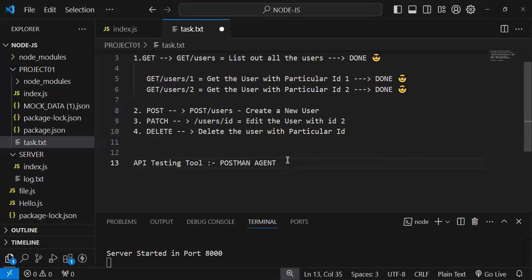So the alternative to Postman Agent, usually in Visual Studio there is an extension called Thunder Client. It's a VS Code extension. VS Code extension Thunder Client, an API testing tool. So in the third party application, help is needed, right? To do all these tasks, post, patch, but as of now we are not doing these things dynamically, but